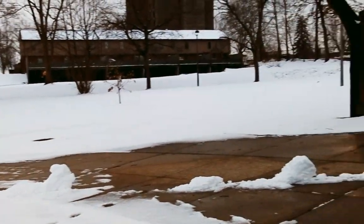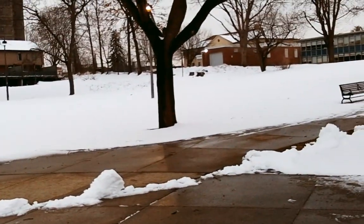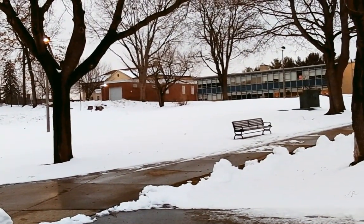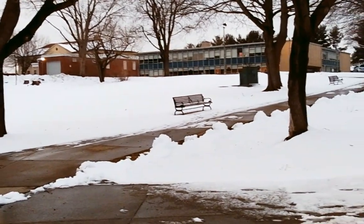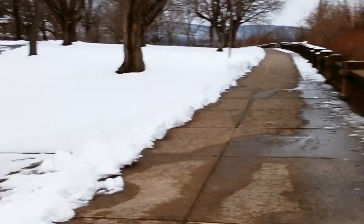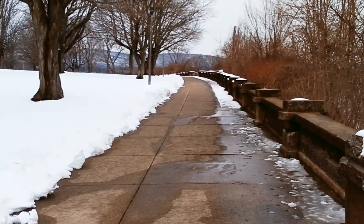Now, when you look a little bit more towards the south, you get to see the Mother Dolorosa School. And we'll talk about that school when we get to the Mother Dolorosa Church campus stop. Now, if you look along, this walkway was designed by the Olmsted brothers, and they made all these concrete walkways,